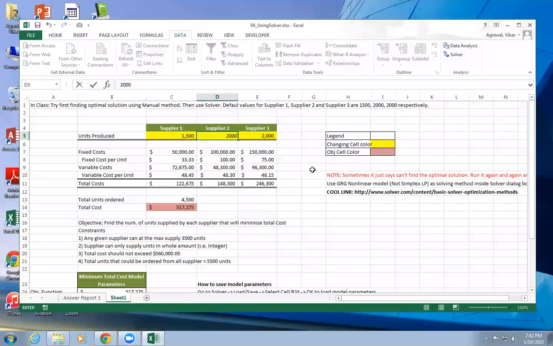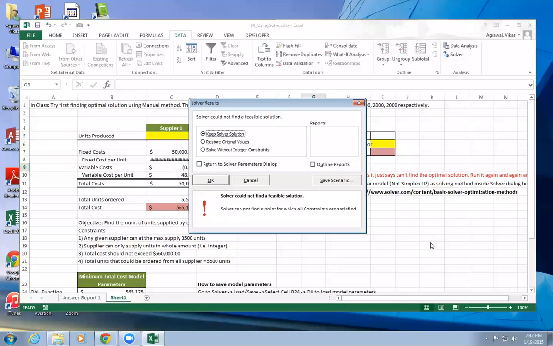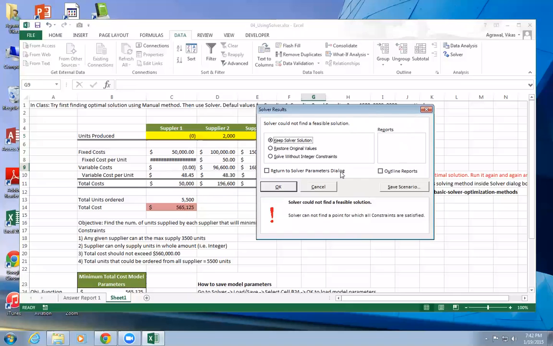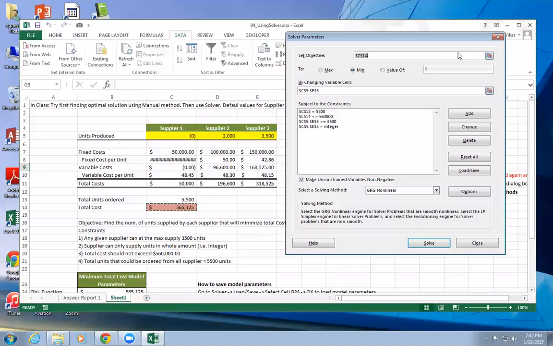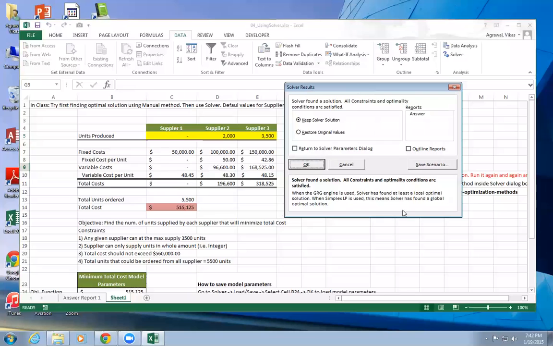I don't know why it's not doing it, but I'm just going to change those numbers there, right? And again I will go to the solver, say solve here, not able to find it, right? Say okay here, and I will try it again. Aha, this time it found it, right?